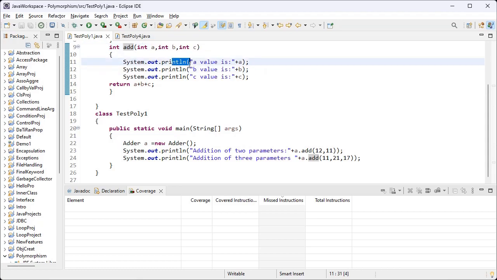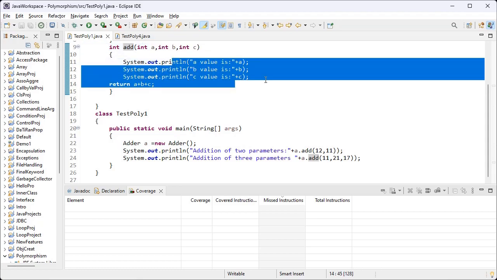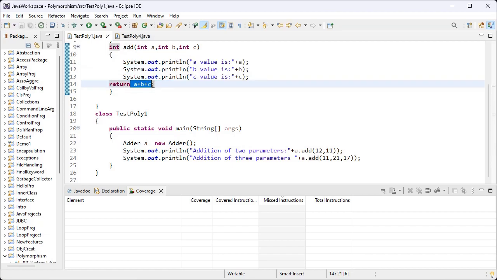Okay, and I print all the values on our console with the help of the println method, and the addition of 3 numbers will be returned. So the control jumps from the 14th line to the 25th line and prints the addition of these 3 values. Okay, let me execute this one. Here